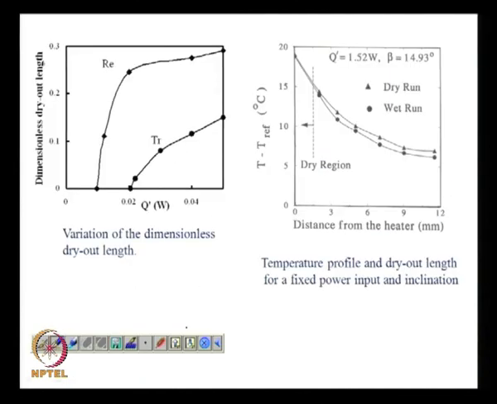This is what I have described just now: the variation of the dimensionless dry out length with heat. So, this is the dimensionless dry out length. You see that this is the point where, for this value of Q, the dry spots first appear in the micro heat pipe, and you can see that for the case of rectangular heat pipes, the formation of